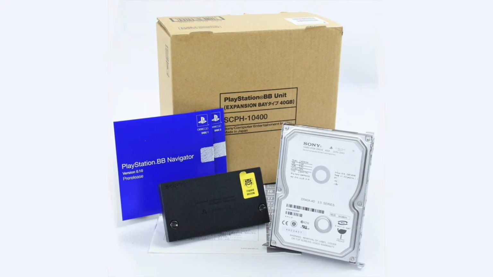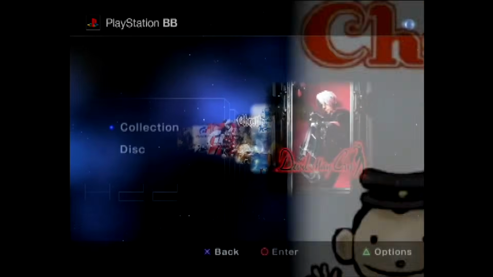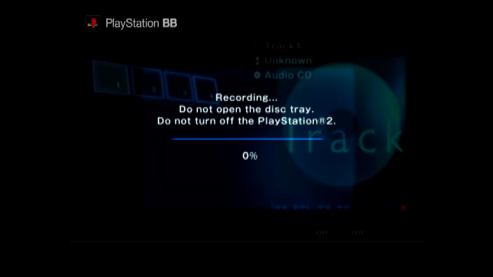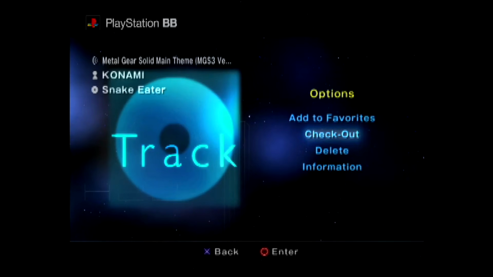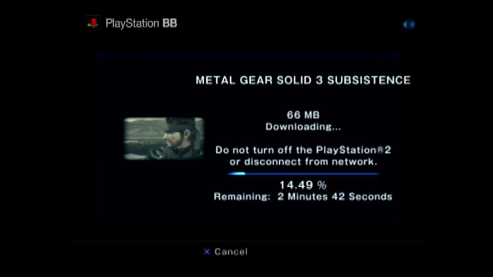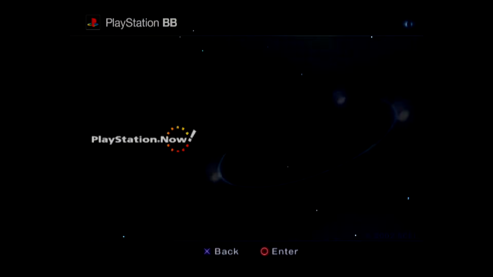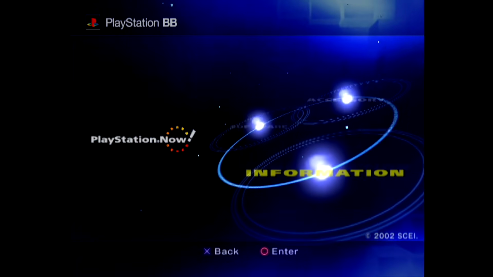It required a hard drive and network adapter and added many new features like running games from the hard drive, ripping audio CDs, transferring music to minidisc recorders, downloading and watching videos, viewing photos, accessing online channels, and more.